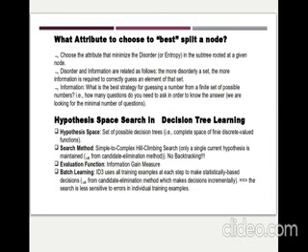Now what is hypothesis space search in a decision tree? The hypothesis space is all the possible combinations of distinct trees. For example, if we have chosen to represent our function as a linear line, then all the possible linear lines which go through the data make up our hypothesis space.